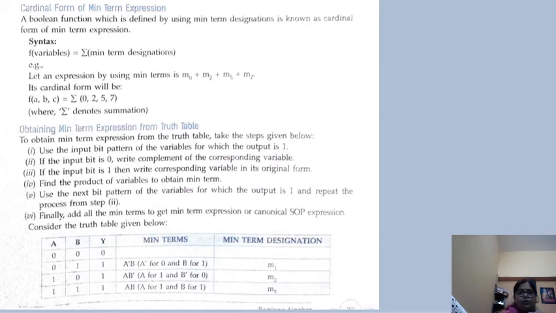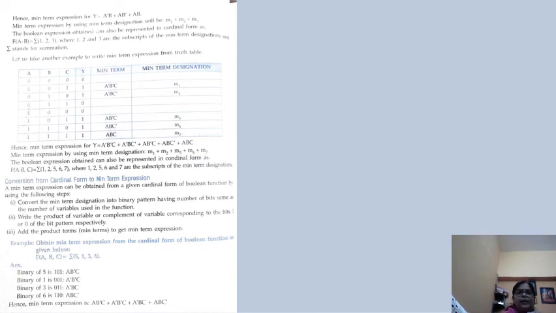How are you going to obtain it from the truth table? See here, the inputs 0 0 and the resultant y is 0 1 0 1. Now the expression is formed: a not b, with a as 0 and b as 1. Here the rows are 0 1, 1 0, 1 1, and the designations are 1, 2, 3. Hence the resultant will be a not b plus ab not plus ab. So the min term expression will be m1, m2 and m3. The Boolean expression will be sigma 1, 2, 3.